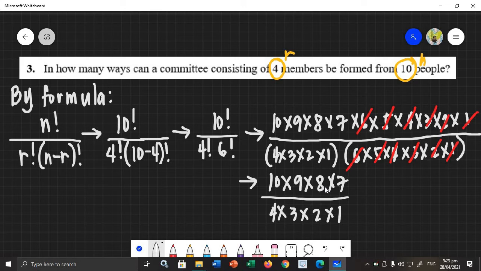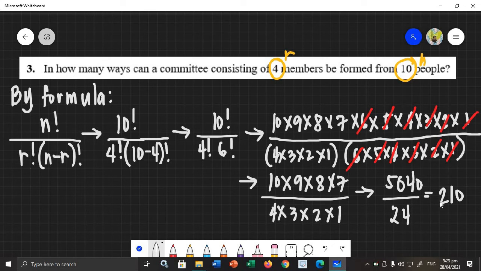So here in the numerator, we will multiply 10 times 9 times 8 times 7, and that will result to 5,040 all over 4 times 3 times 2 times 1, all over 24. Then here, divide natin si 5,040 kay 24. So the answer is 210